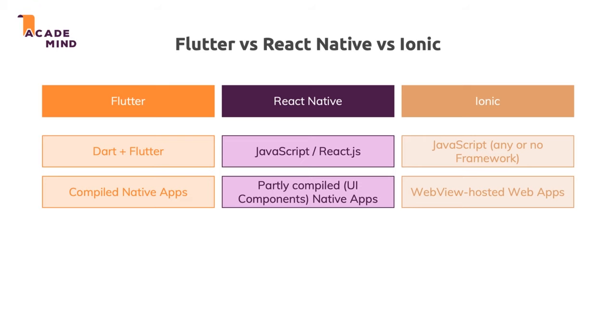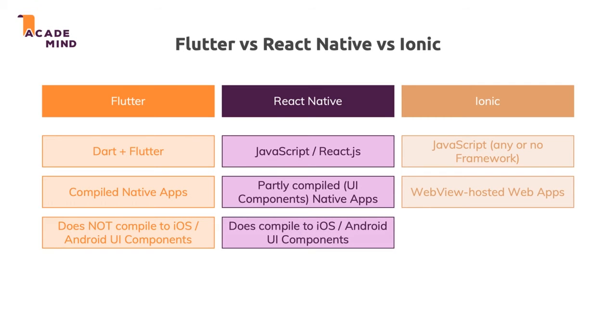Now, for Flutter, it's also important to understand that we don't compile to iOS or Android UI components, but that Flutter gives you an app that controls the entire screen and every pixel on it. For React Native, that's different. There, you do compile to iOS and Android UI components. So the parts of the React Native app that are compiled is in the end the user interface, and there, for example, if you render a button, it is compiled to the native iOS button for iOS